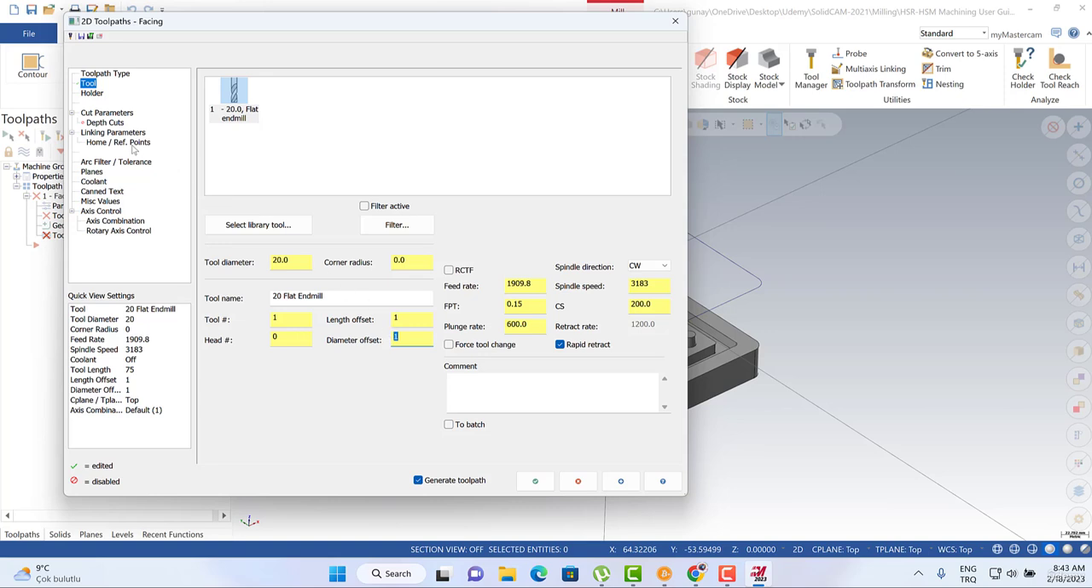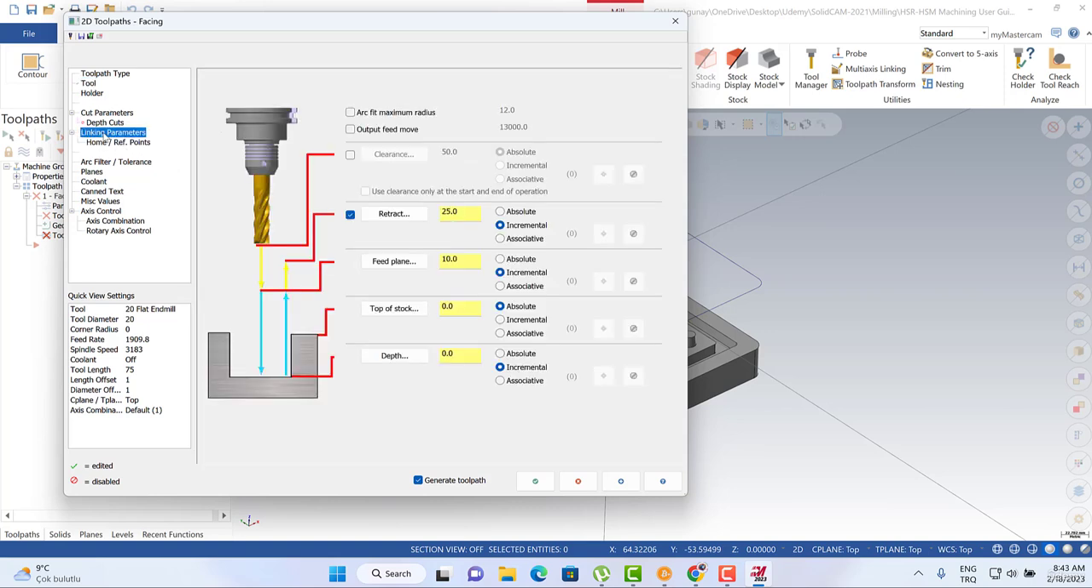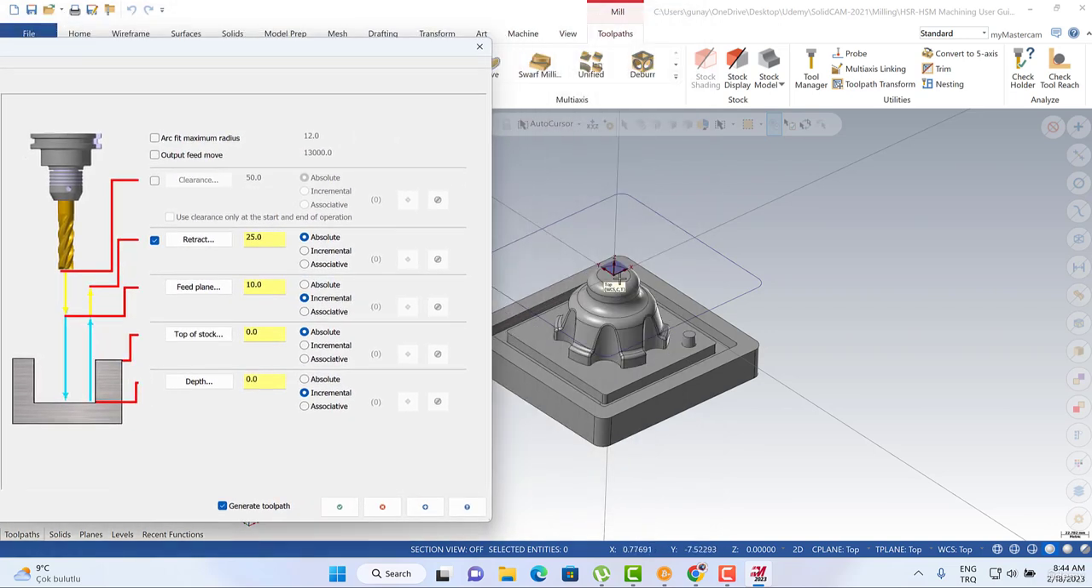So actually after that, let me turn to the linking parameters. When I turn to linking parameters, we can choose to select an absolute or incremental coordinate system. Absolute coordinate system means that we're going to focus only on our MasterCAM VCS. If you click on incremental, it means that we're going to focus on our profile. So according to my profile, the incremental system